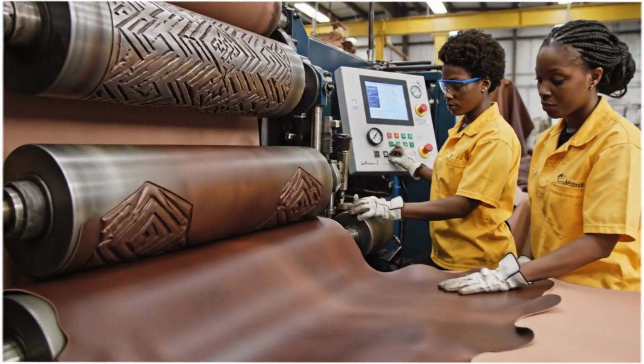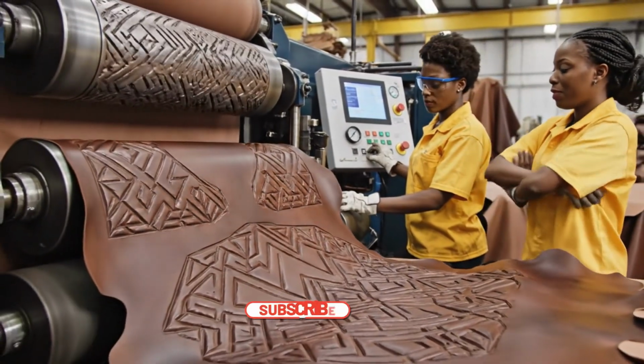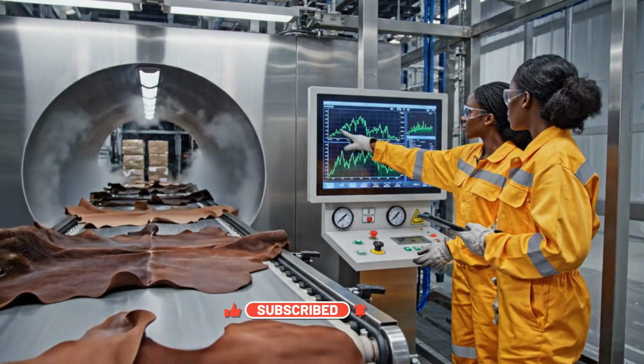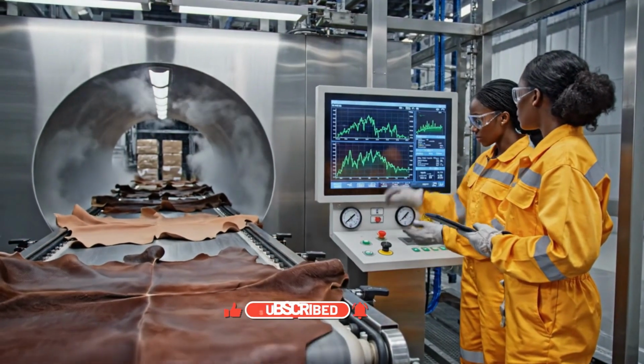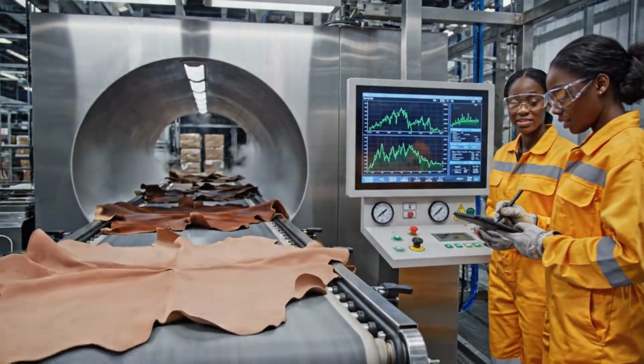Keep the temperature consistent. We need that flexibility for the luxury bags. Got it. The pattern is very crisp. In the 43rd step, the fully finished bear leather hides move through a cooling and conditioning tunnel. After heat,